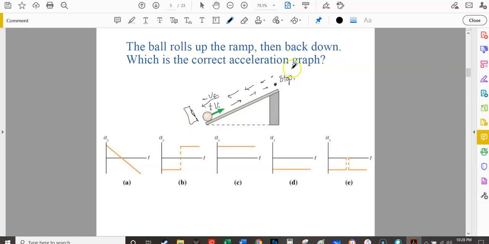I'm actually kind of twisting my coordinate system. So the x direction is parallel to the plane of motion, and positive x is going to be up and to the right, and negative x is going to be down and to the left. Okay? So this object is moving in the positive x direction. Okay, so I'm going to put this plane right here. Here's the origin, 0. It's moving in the positive x direction, and it's slowing down as it's moving in the